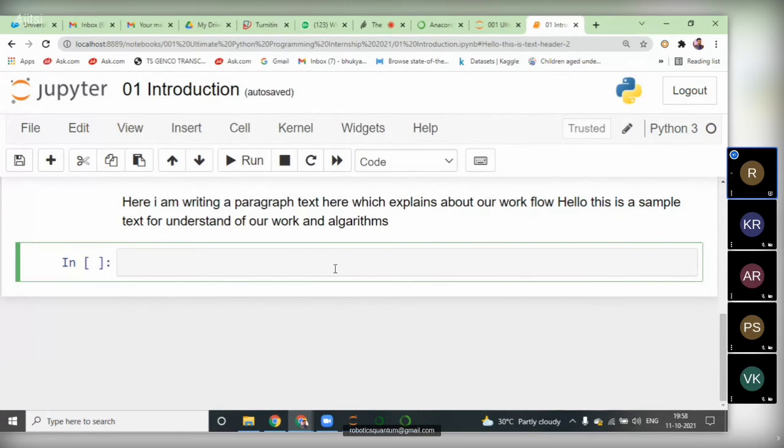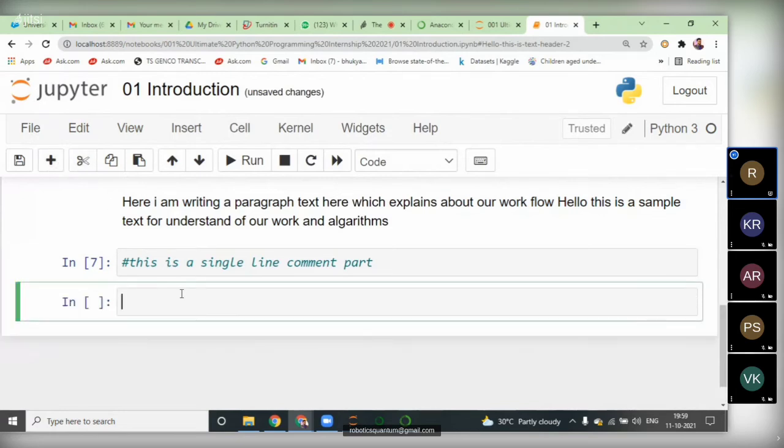If you want to write comment lines, as we know in Python, single line comments are represented with the hash symbol. This is a single line comment. Just writing it, when you run this code with control plus enter, it's a single line comment. This is a non-executable line, so this line will not be executed at any cost. This is the method of creating it.